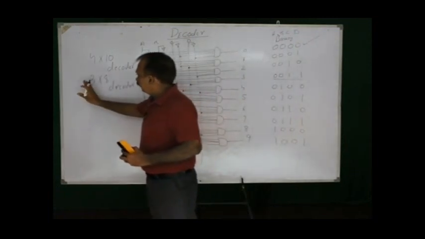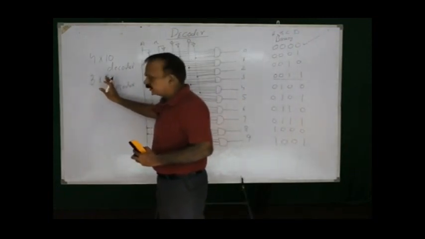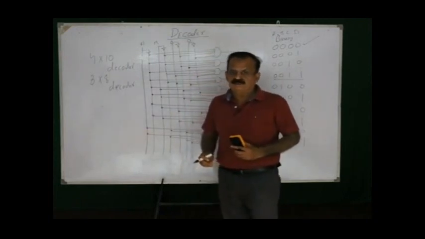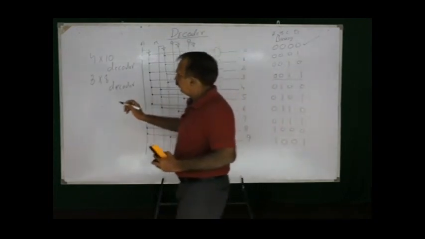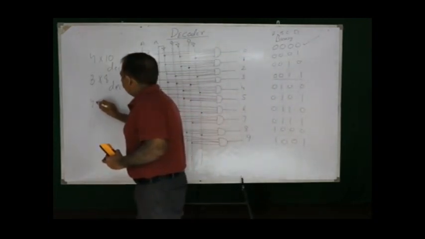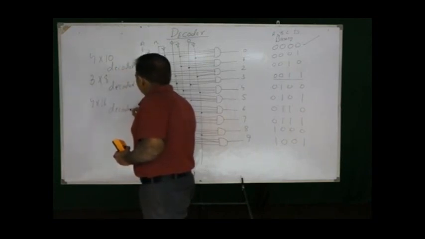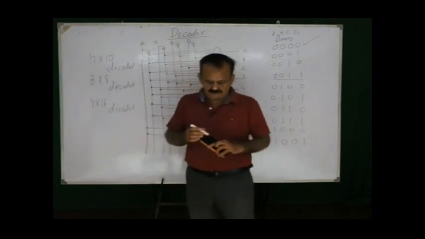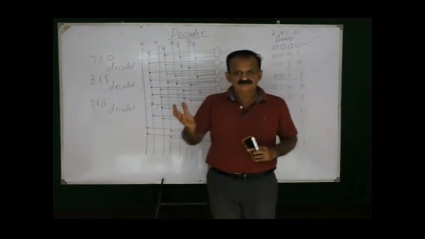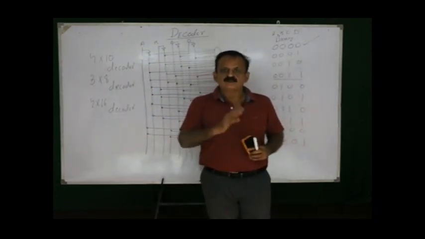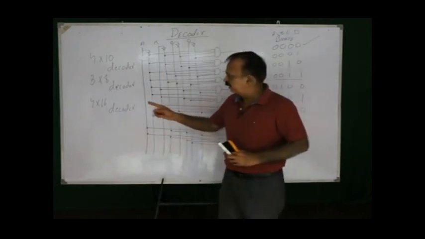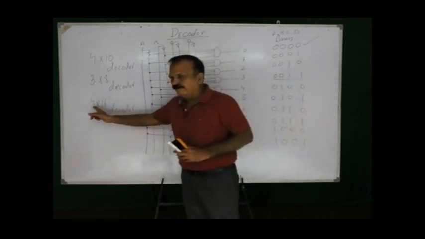This will be binary to octal converter, and similarly we can have 4 by 16 decoder. I think this is now very clear what will be 4 by 16, 4 inputs and 16 outputs, and this will be nothing but representing binary to